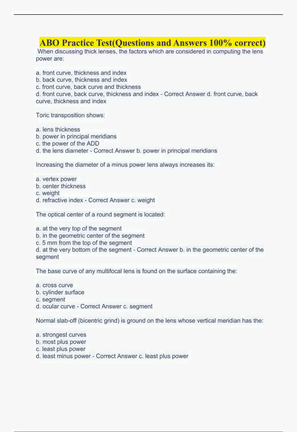The base curve of any multifocal lens is found on the surface containing the: A. Cross curve. B. Cylinder surface. C. Segment. D. Ocular curve. Correct answer C. Segment. Normal slab off bicentric grind is ground on the lens whose vertical meridian has the